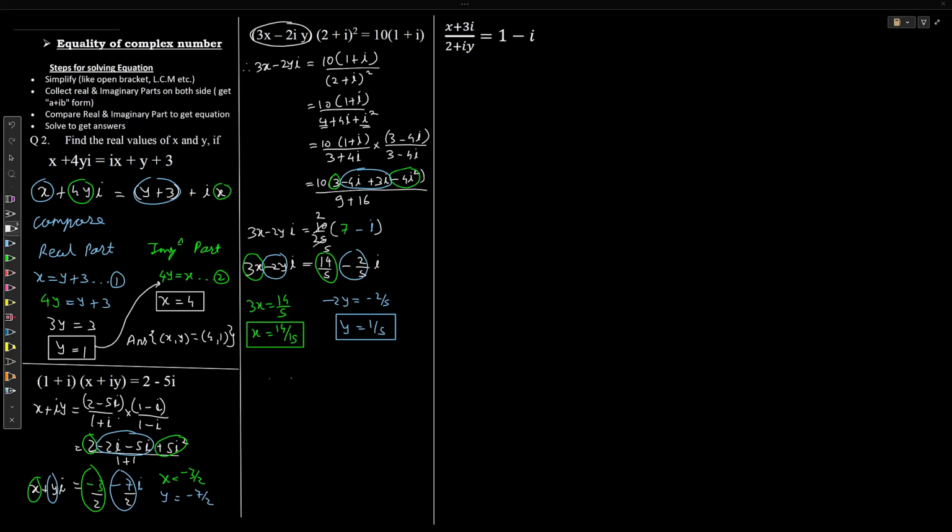Let's move to next question. (x + 3i)/(2 + iy) = 1 - i. हमें x y subjective नहीं बना. We have to simplify first, right? That means